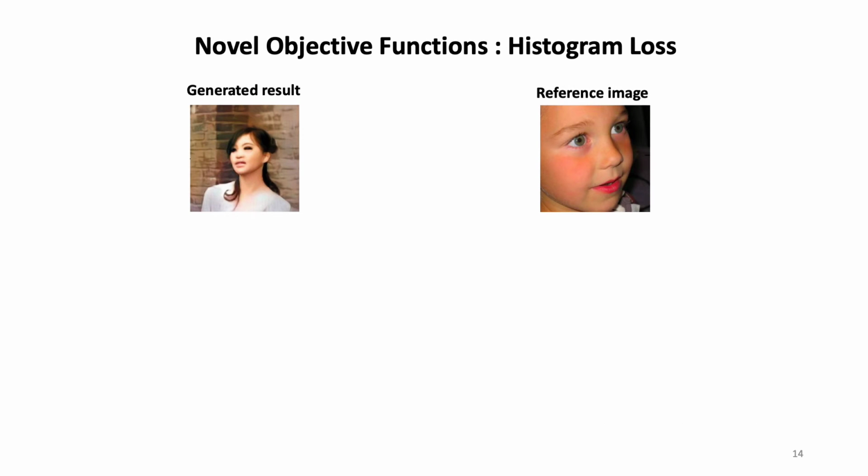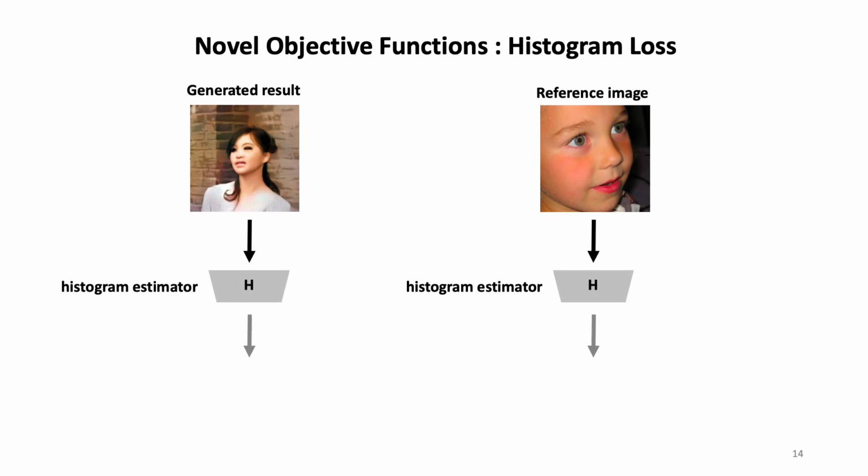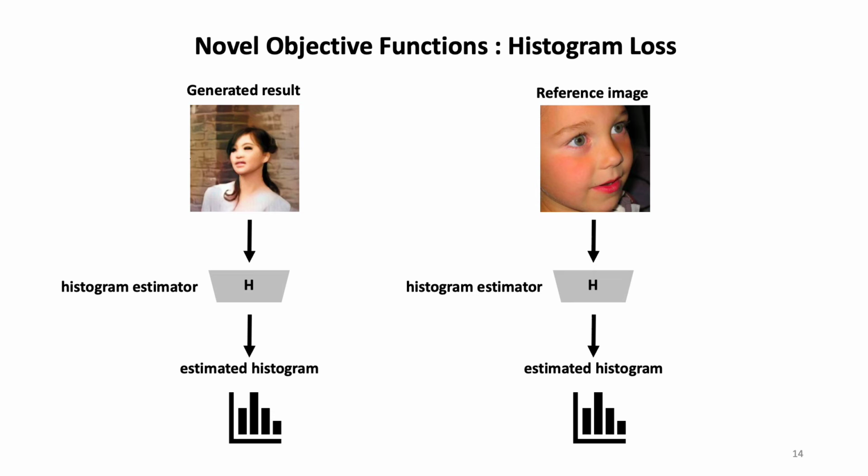The second one is histogram loss. We use a pre-trained histogram estimator to predict histogram, since the operation of computing the color histogram of an image is typically non-differentiable. The objective is to particularly consider the statistical similarity between the colorization results and their corresponding color references in terms of the color histogram, which could encourage the consistency between color distributions.